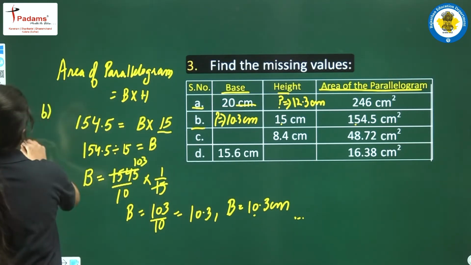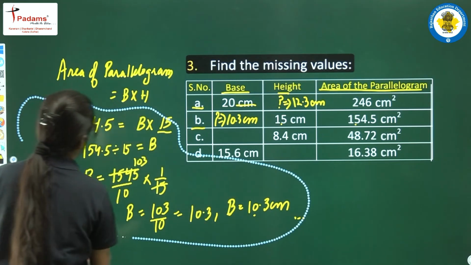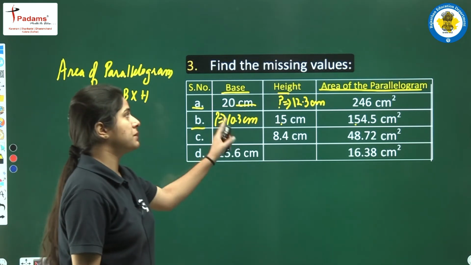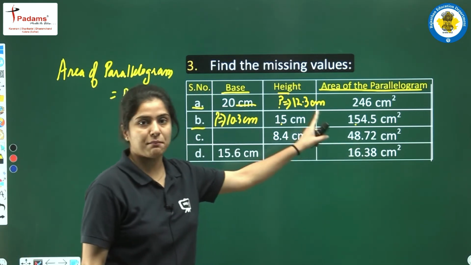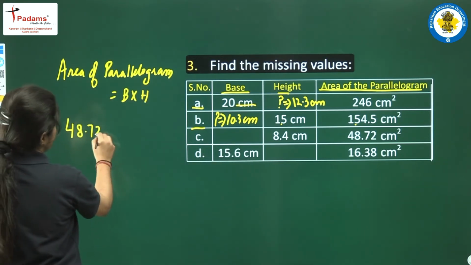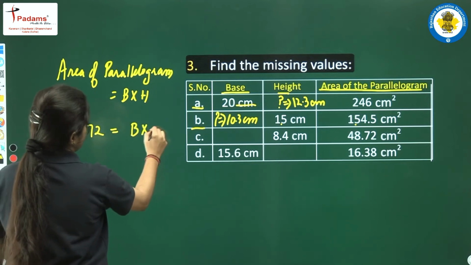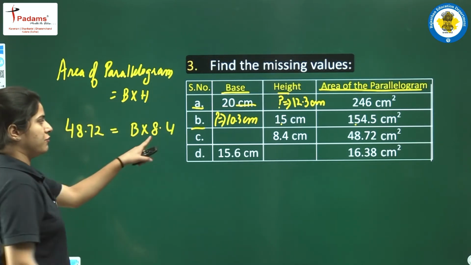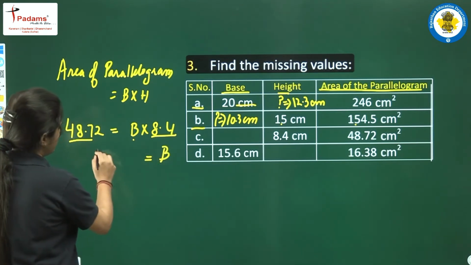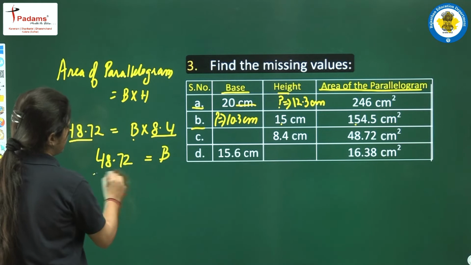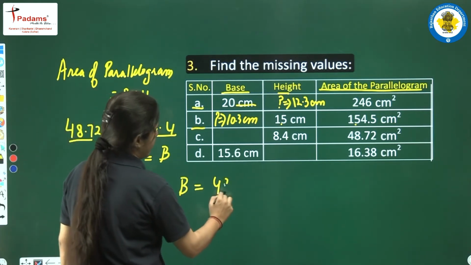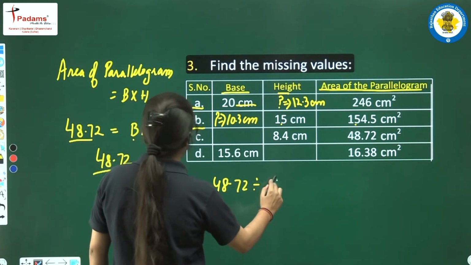Okay, now students will be doing the question for the C part. C part students, we don't know the base, but we know the area of the parallelogram as well as the height. So students, 48.72 is equals to base into 8.4. We know this, now we need to find out this b. This b is equals to 48.72 divided by 8.4, right? So students, 48.72 divided by 8.4,